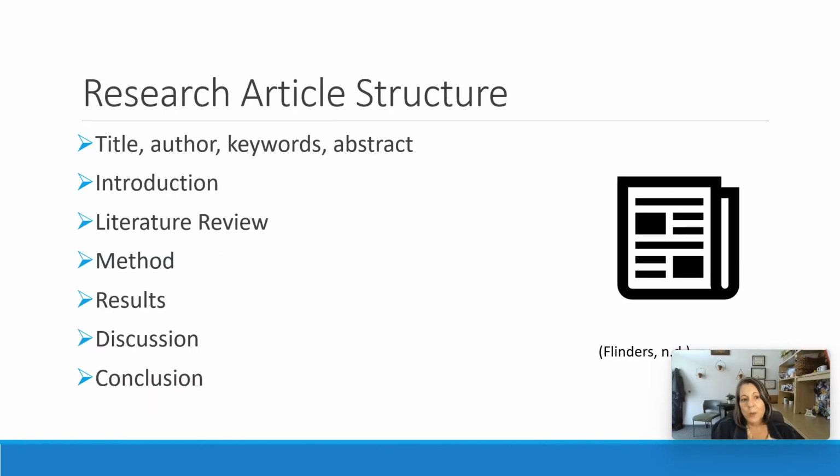So I feel like it's important to talk about the research article structure, because as we're critiquing articles, this is one of the things that we consider. It's not just the level of evidence on the pyramid. It's not just the ABC quality level. It's also how well they looked at each part of their article and answered their own research question, because everything that we do should always circle back to that research question. So we need to take a look at that introduction. Did they provide in both their abstract and in their introduction a foundation,